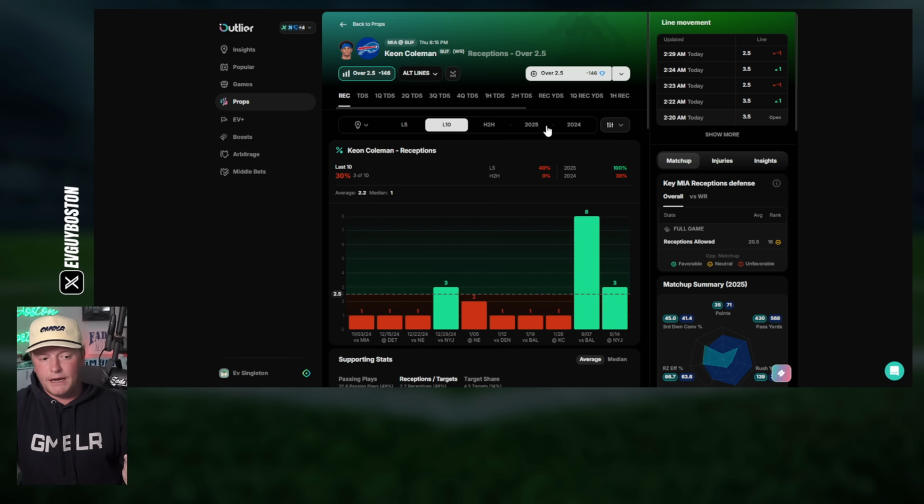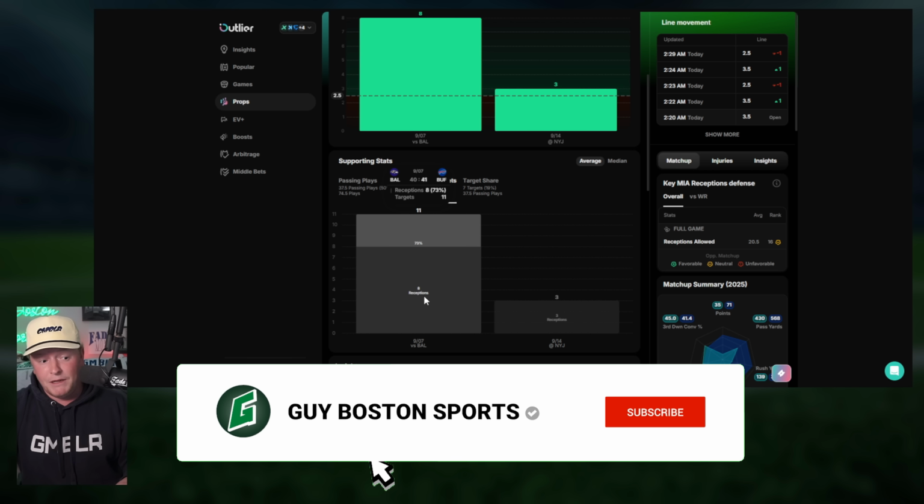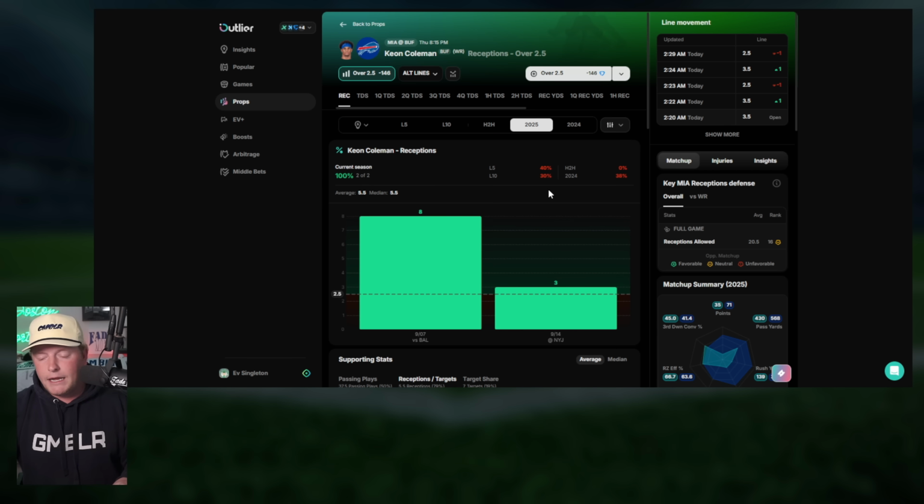Already this season, I would think that he's going to go out there and be able to come out and say, okay, well, he's going to get, not 11 targets again, but maybe like 5-ish targets if we do look at sort of the averages here. So I like him to catch some balls. The yards, again, I like because he can have one play for 40 yards that it's like, oh, let's go. But realistically, 3 balls for him to catch doesn't seem like it's all that crazy, right?